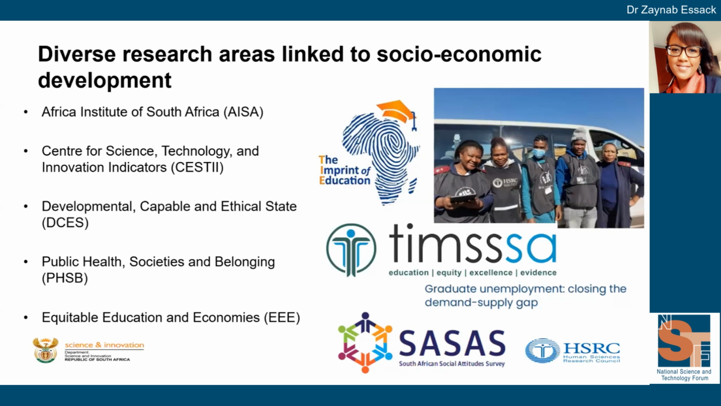IESA is a critical partner in ensuring stakeholder collaboration in South Africa and beyond. So Africa is a key partner there. You would probably be very familiar with the work of SESTI, who does a lot of our innovation surveys, and they do a national one yearly. We have a department that looks at developmental, capable, and ethical state, and they do the South African Social Attitude Survey. The division in which I belong is Public Health Societies and Belonging, and we do the